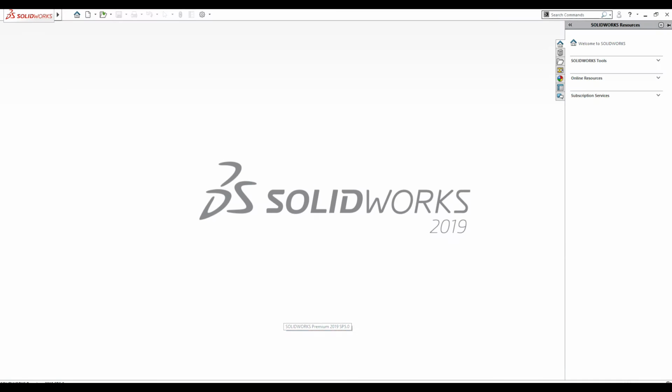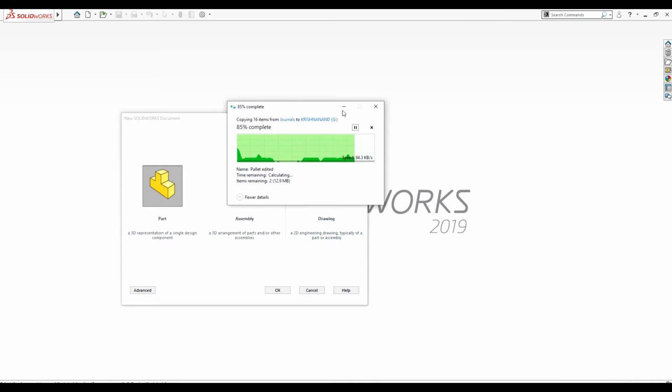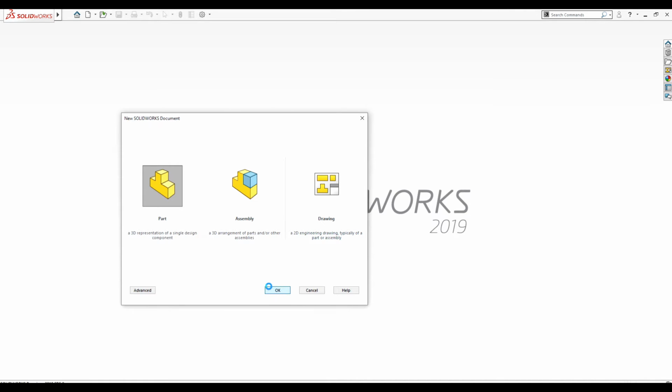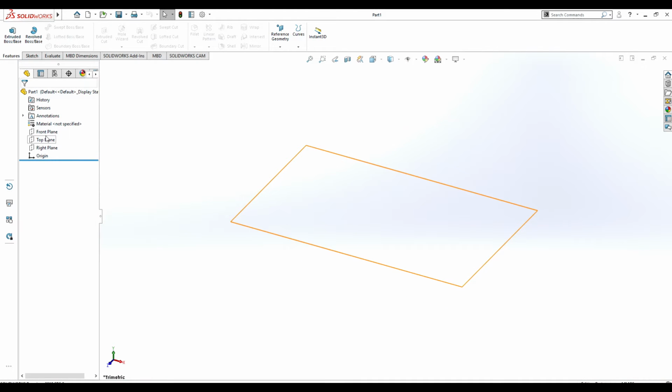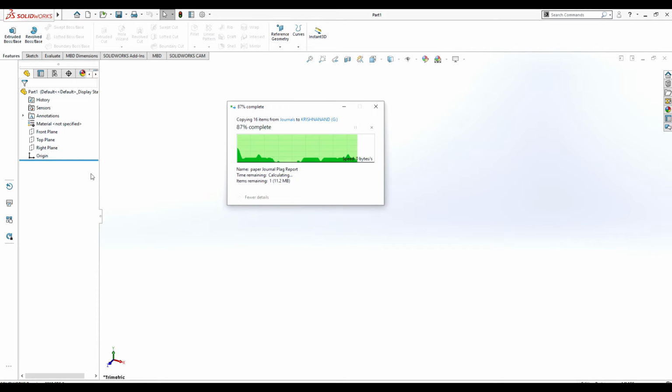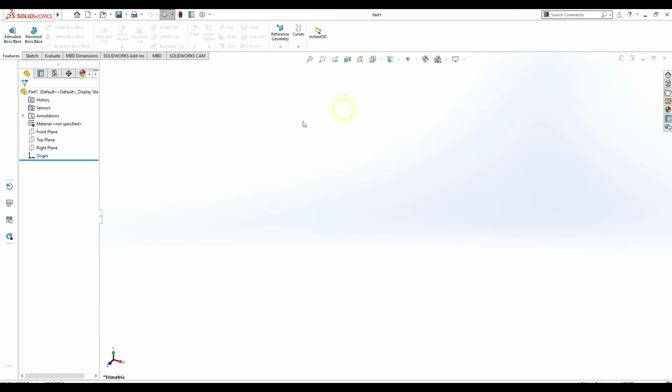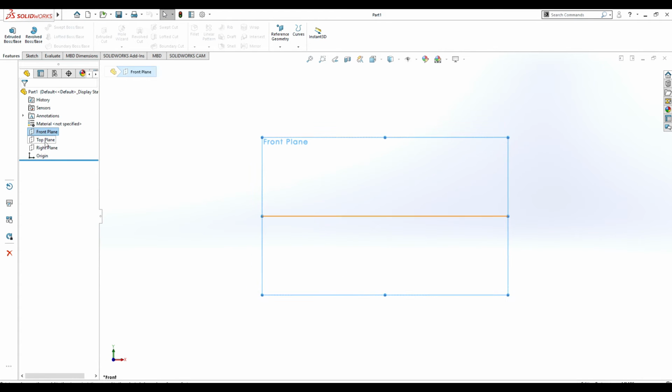I have Solidworks 19 and here I will choose to open a new file. Then we will choose the plane on which we want to draw the sketch. So simply in this example we are going to take one rod or cylindrical body, and on the profile of that rod or cylindrical body we will create threads. So let's see how it will be done. I am choosing here a front plane, or top plane,